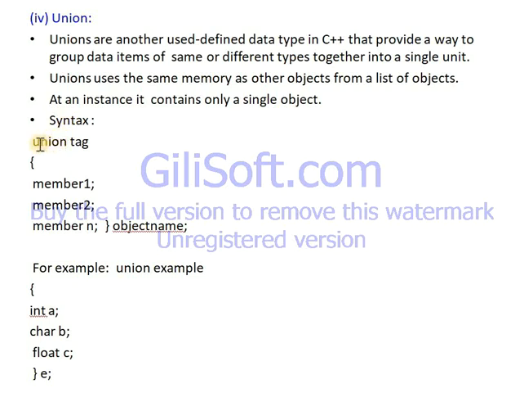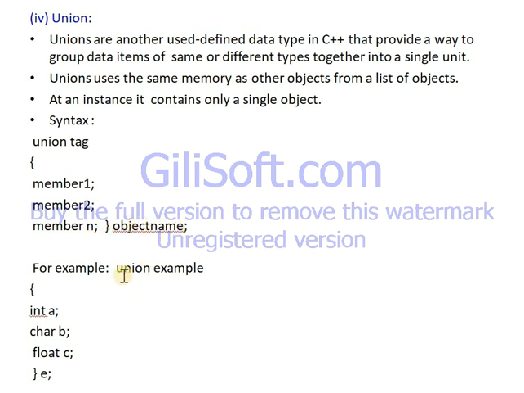For example, for defining a union, first you use the union keyword, then you give the union name, then in opening and closing brackets you provide the data members, and last is an object name.